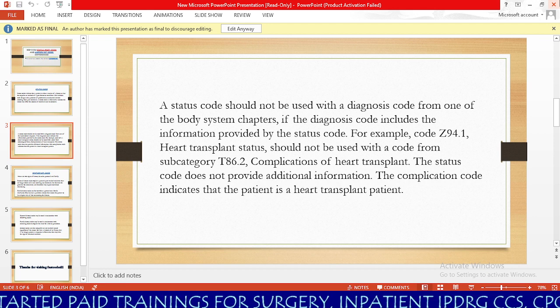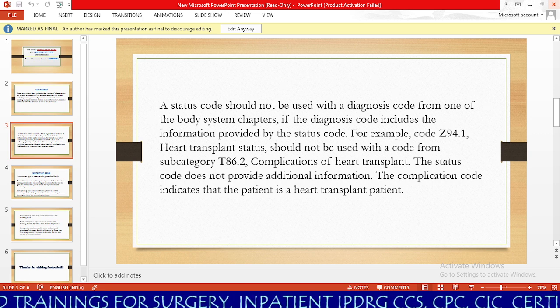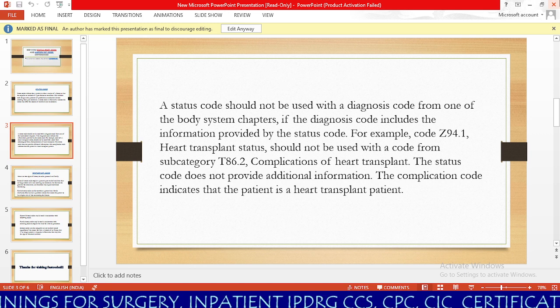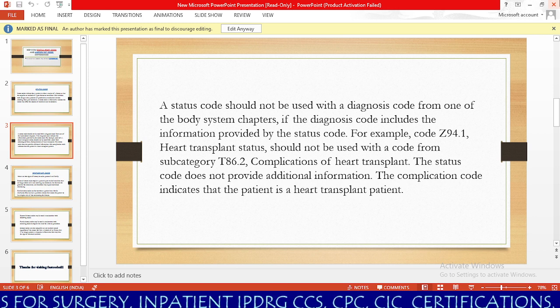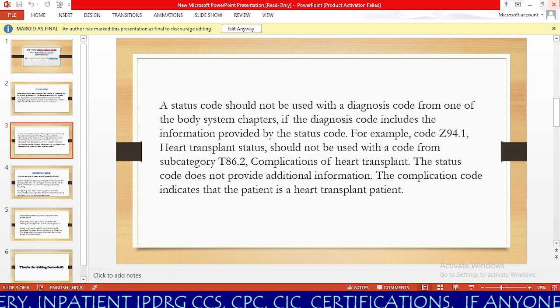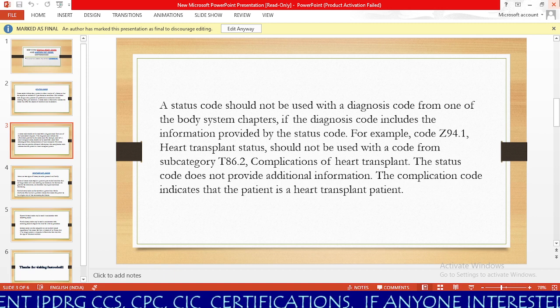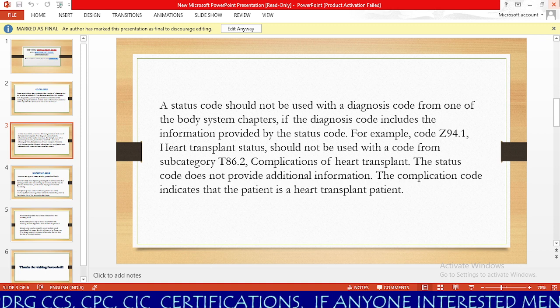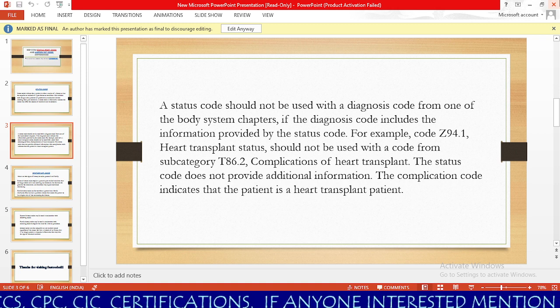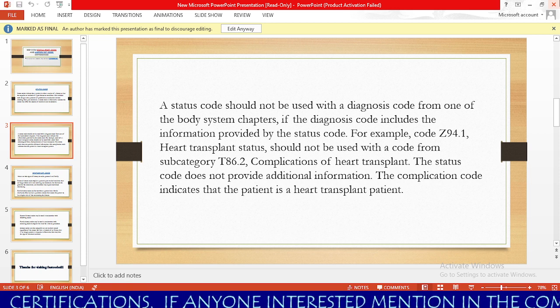And also we have Z21 asymptomatic HIV infection status. Also Z22 carrier of infectious disease, Z28.3 underimmunization status, Z33.1 pregnant state incidental, Z66 do not resuscitate, Z67 blood type, Z68 body mass index,